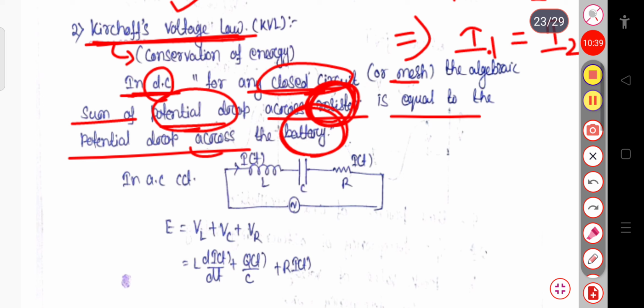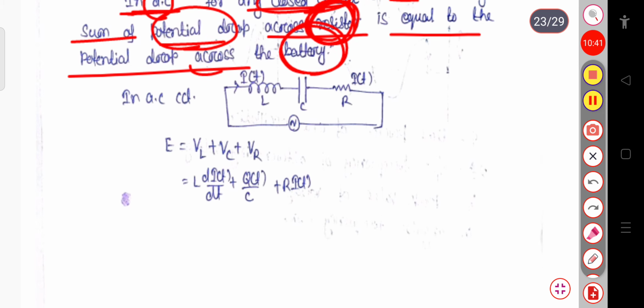But if I consider alternating current, due to the presence of the inductor, capacitor and resistor, the situation is different due to the time dependent behavior of the current. So the current and the potential difference have an instantaneous relationship, and we can take the instantaneous voltage and the current at the terminal. So in case of Kirchhoff's second law, or KVL, the situation for AC will be equal to the situation in that of the DC.